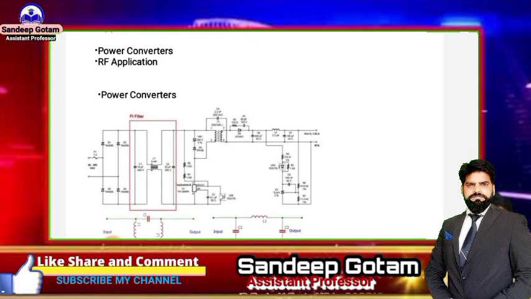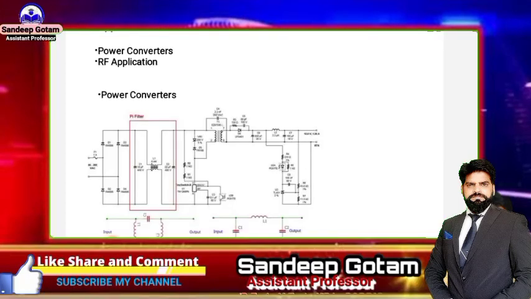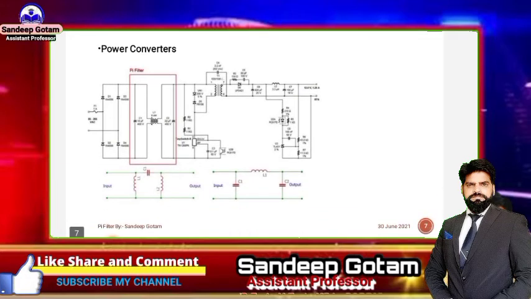Now come to the applications of the PI filter. So first we have the power converter, second we have the RF applications. For the power converter, as in the starting diagram I showed you, through which I introduced the PI filter, here you can see the power converter. PI filters are an excellent DC filter to suppress the AC ripples, as I told you during my whole lecture. Due to this behavior, PI filters are extensively used in power electronics designs like AC to DC converters, frequency converters, etc. However, in power electronics, PI filters are used as a low pass filter.